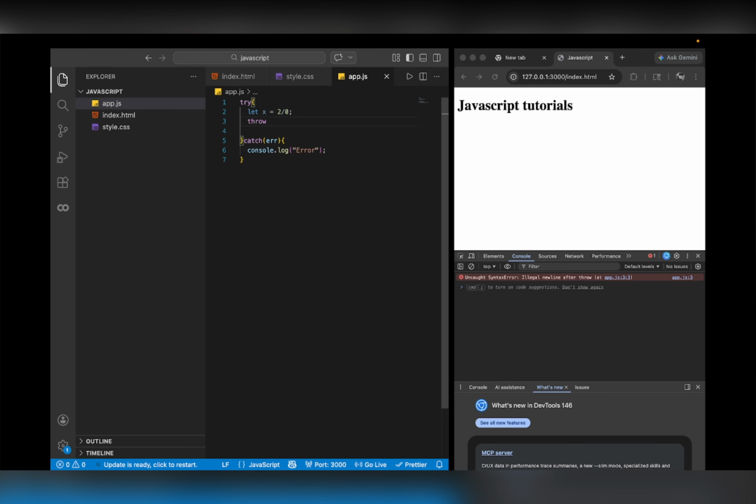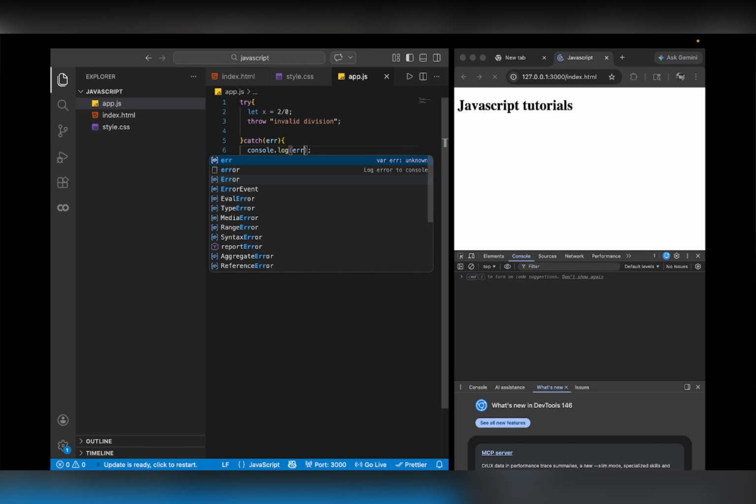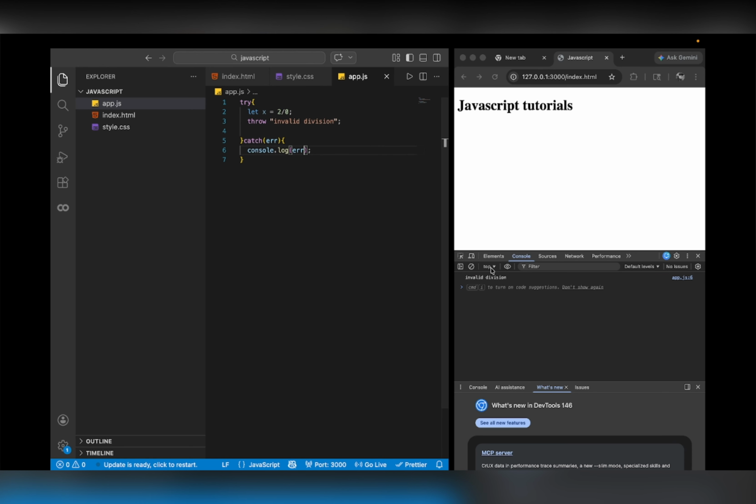Now we will use throw keyword to throw a error, like so, invalid division. नाउ हम लोग देख सकते हैं लाइक एक्स को अगर हम लोग 2 डिवाइड बाय 0 करने का कोशिश कर रहे हैं जो कि इनवैलिड है और यहाँ पे हम लोग मैनुअली एरर को थ्रो कर रहे हैं और ये कैच ब्लॉक में एरर को कैच करके हम लोग प्रिंट करा रहे हैं। सो अगर हम लोग बेसिकली सेम इनवैलिड डिवीजन को ही प्रिंट कराना है तो यहाँ पे एरर को प्रिंट करा सकते हैं। सी इनवैलिड डिवीजन, लेकिन यहाँ पे हम लोग मैनुअली एरर को थ्रो करने का कोशिश किए हैं।